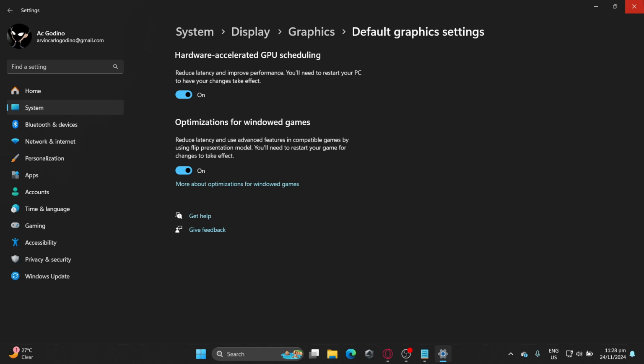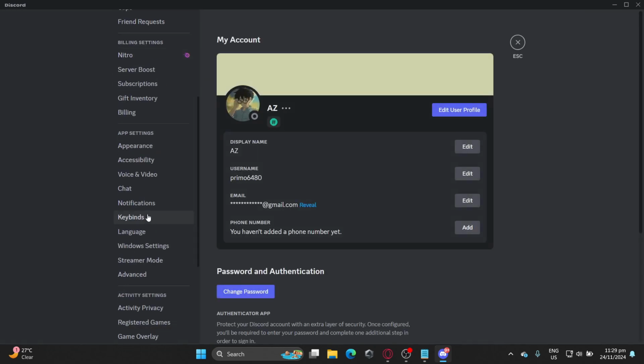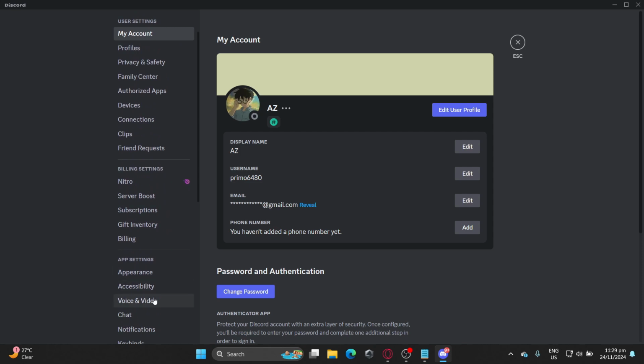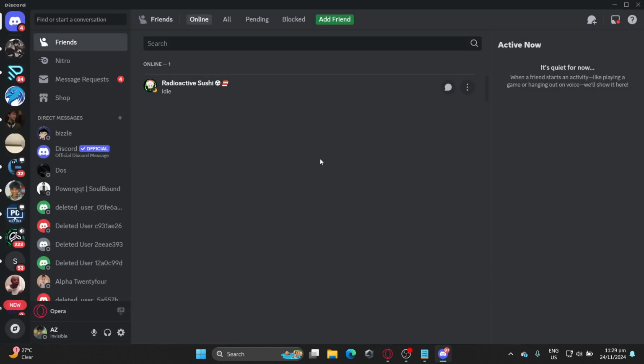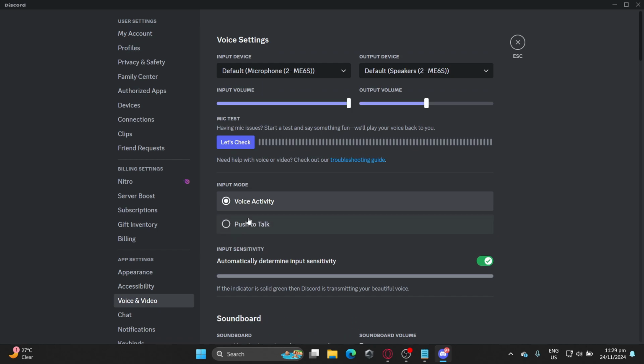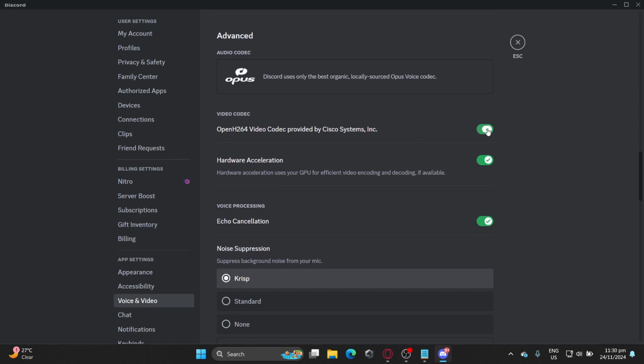Discord. If your Discord is still stutter or lag, go to settings, Discord settings, go to sound, and if your streaming is still laggy and stutter, go to settings, go to voice and video, scroll down, try to turn off this OpenH264 video codec provided by Cisco Systems Inc. Turn it off and